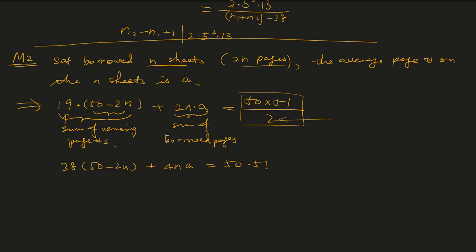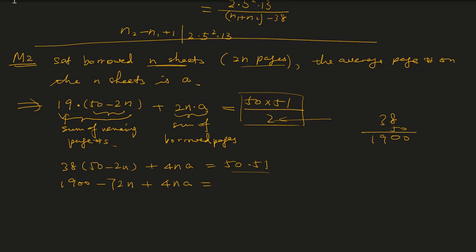So now let's expand these brackets and calculate these products. So 38 times 50, how much is that? 38 times 50, that is 1900. So that's 1900 minus 72n plus 4na